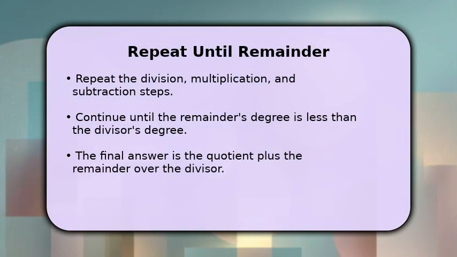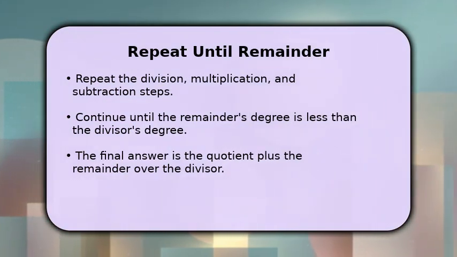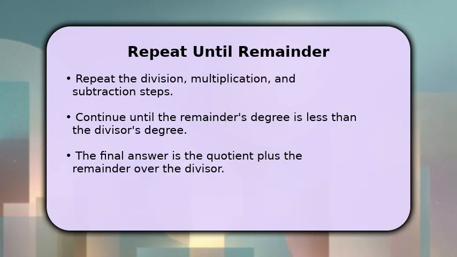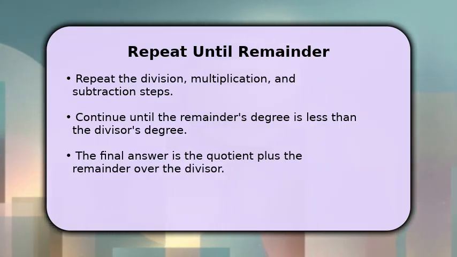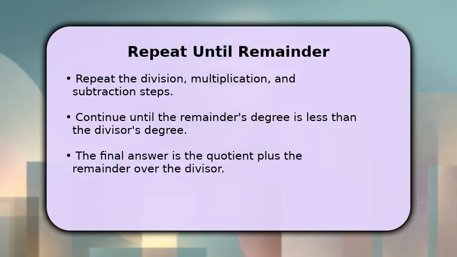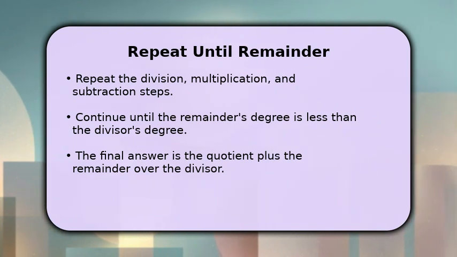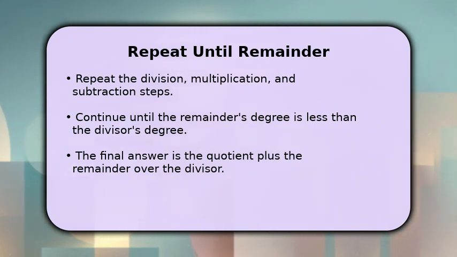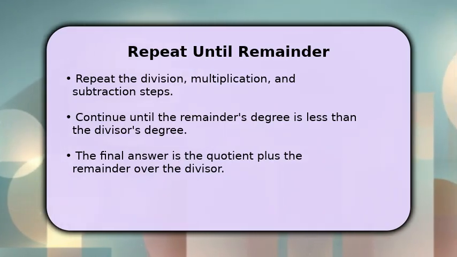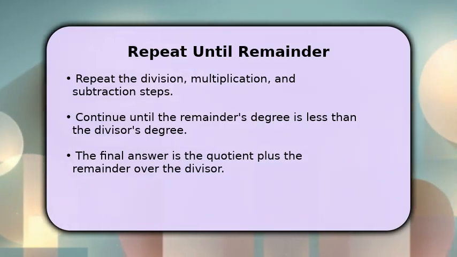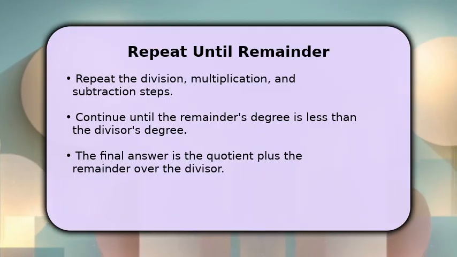You will now repeat these three steps: divide, multiply, and subtract. Continue this cycle until the degree, or highest exponent, of your remaining polynomial is less than the degree of your original divisor. Once that condition is met, you have found your remainder. Your final answer will be expressed as the quotient you built, plus the remainder written over the